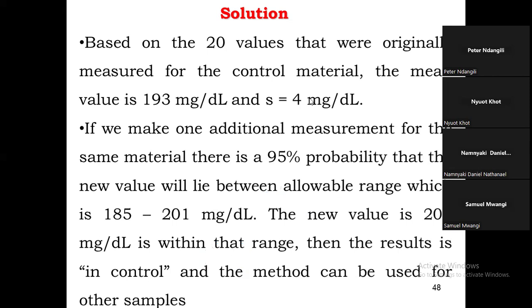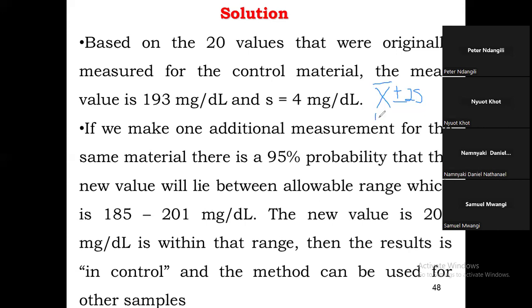Now, what is defined as an acceptable limit here is the mean plus or minus 2 standard deviations. So what is the upper limit and what is the lower limit? You'll realize that the upper limit is